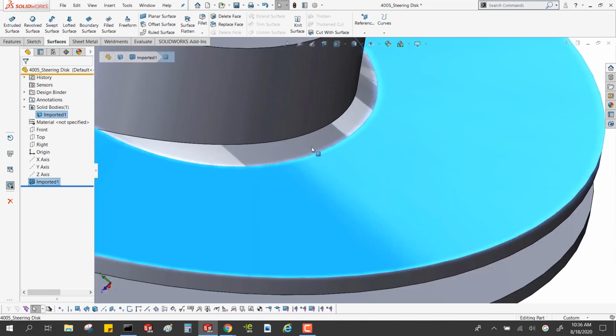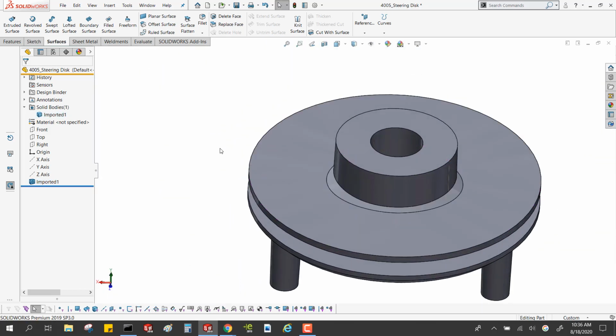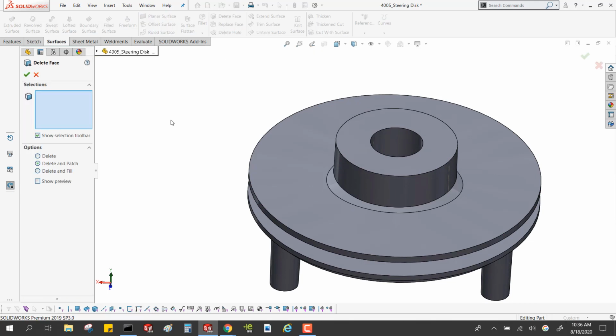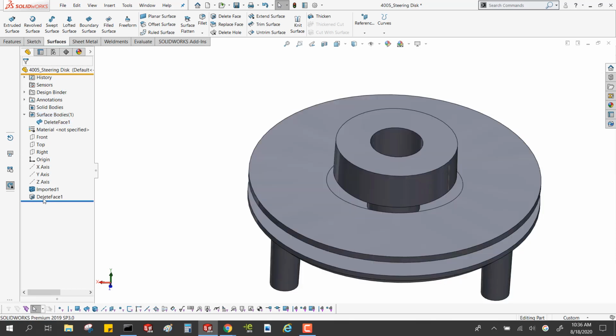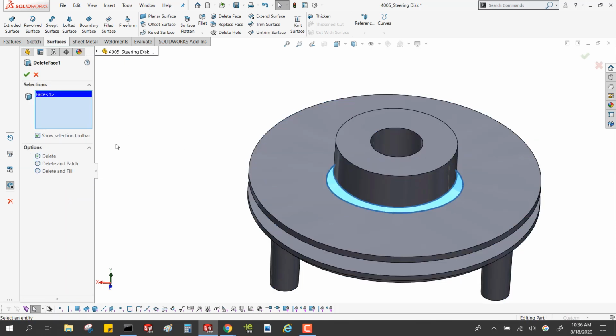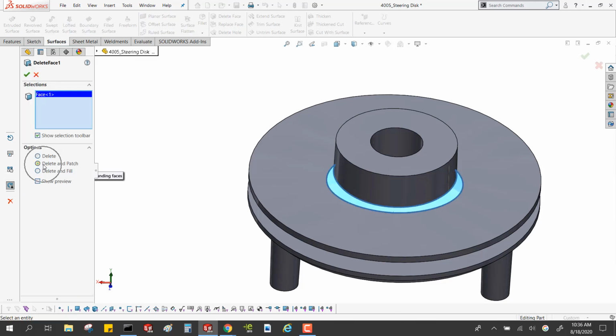But that's not at all what I really wanted. That is, it's a solid. That's a plus. I can use this delete face again. So if you just delete a face when you're in a solid, it turns your solid into a surface because you've torn a hole in it. It's no longer an enclosed volume. The other choice they have is a fill, which is what happened the first time. But then this last option right here, delete and patch,